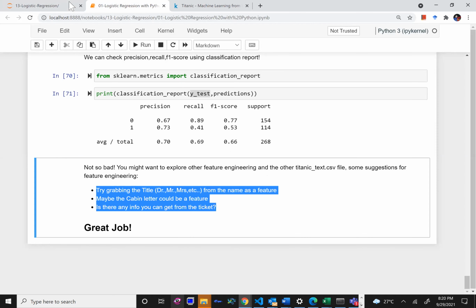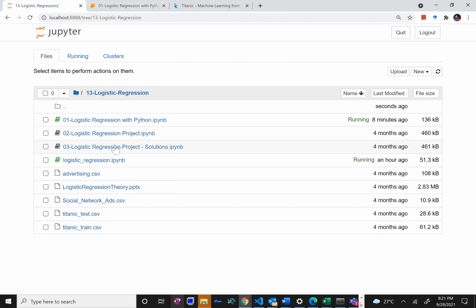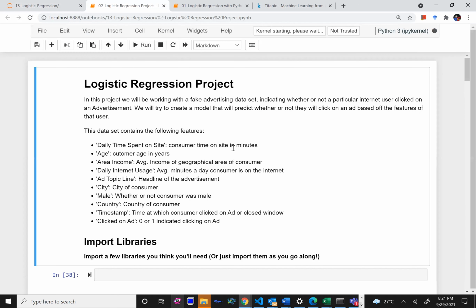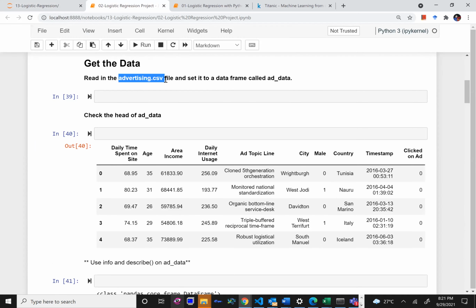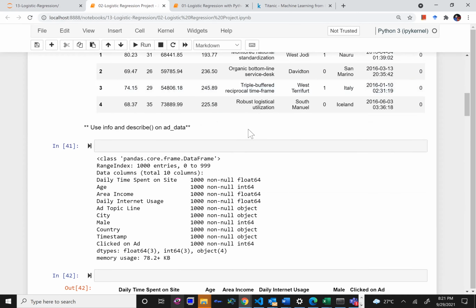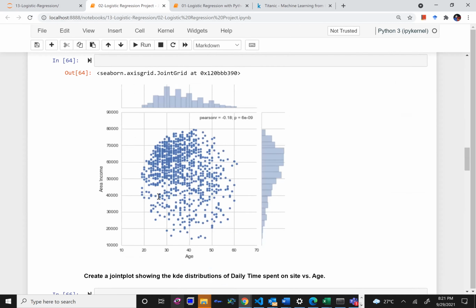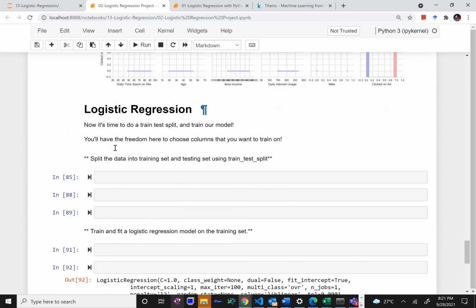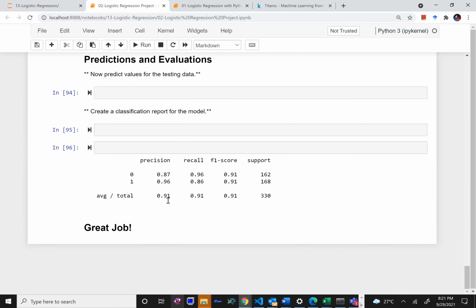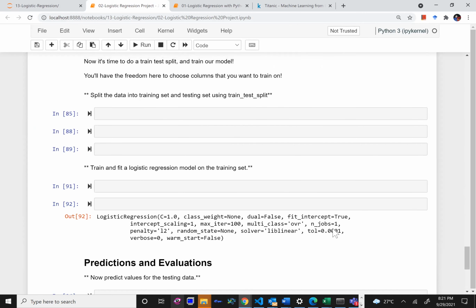I have a small exercise for you which I will be sharing with you, right? In the exercise you have to use logistic regression on a data set, and also you have to do exploratory data analysis and data visualization, right? So you have to keep answering these questions as you go ahead. You read the advertising.csv file, explore the columns, check for missing values, then do these kinds of plots, right? This grid plot you have to make. Then finally you have to apply logistic regression over here. This will be your homework. This is the output that I get. You should try to get an output somewhere close to this.